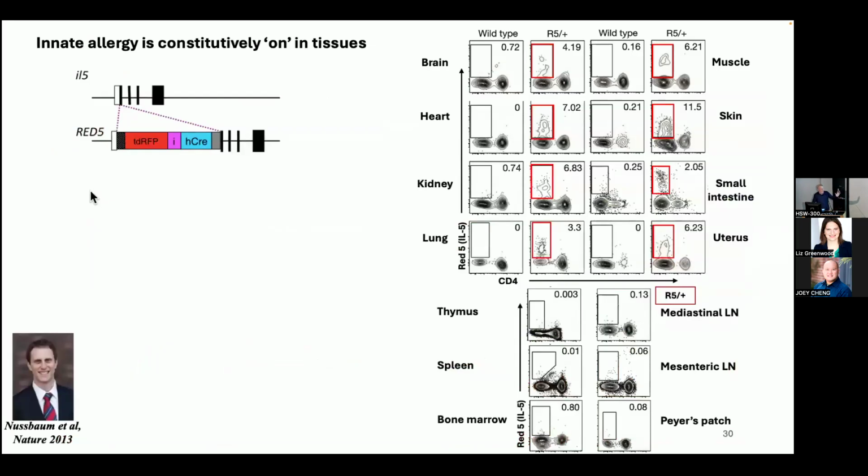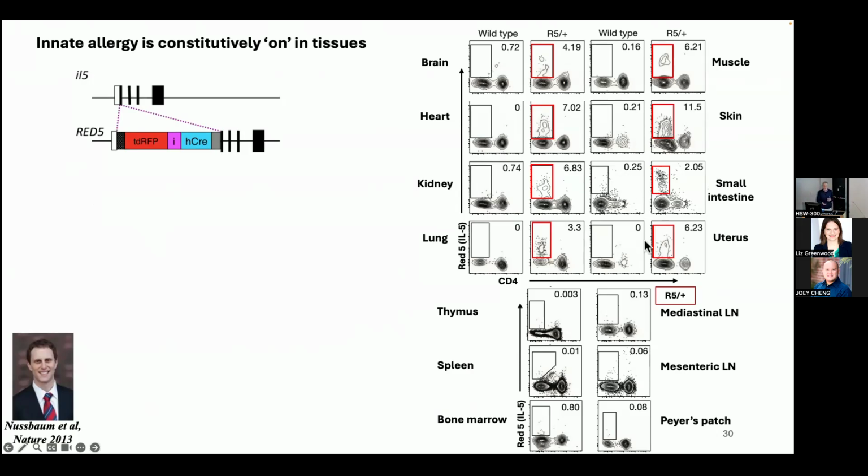So now that we could see these cells, a big surprise came from studies led by Jesse Nussbaum, who's here, I'm happy to say. And that was that we had to get out of all those tissues I had learned about at the bottom as an immunologist and focus on all the tissues of the body. So that's where ILC2s were, as shown by this IL-5 promoter, this odd cytokine that supports the growth of eosinophils and B1 B cells that contribute to IgA in the gut and to germline sequences that are selected early in development. So these cells are showing up in large numbers in all the internal organs, and particularly barrier organs like skin and small intestine and uterus.